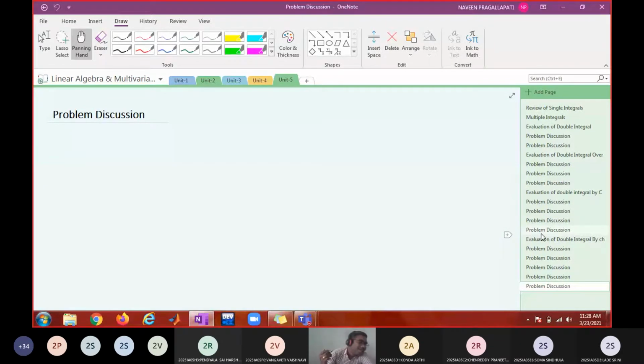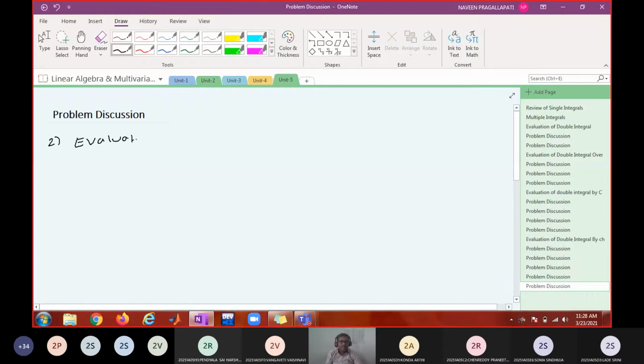Evaluate the double integral of x square plus y square dy dx, or dx dy, doesn't matter, for the region R, where R is the region in the first quadrant,